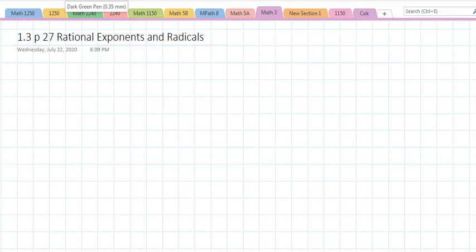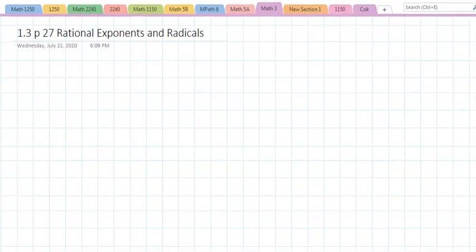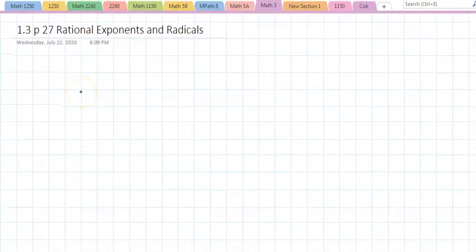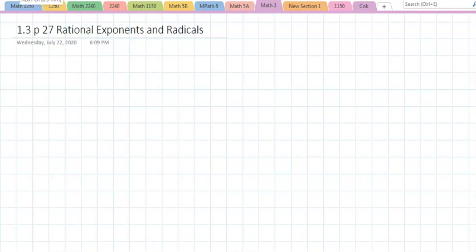Okay, section 1.3 is on page 27 in our book. It talks about rational exponents and radicals. Let me remind you really quick of what the principal radical is. Principal, like a principal, school principal. Principal radical